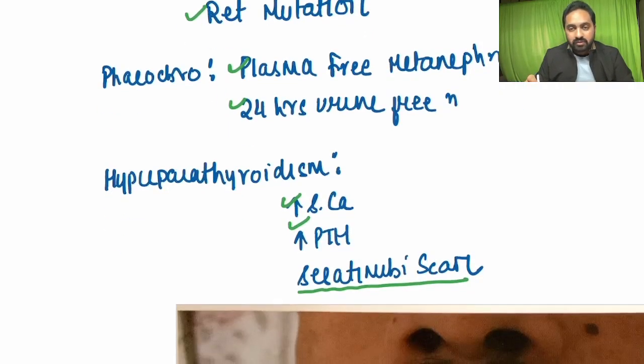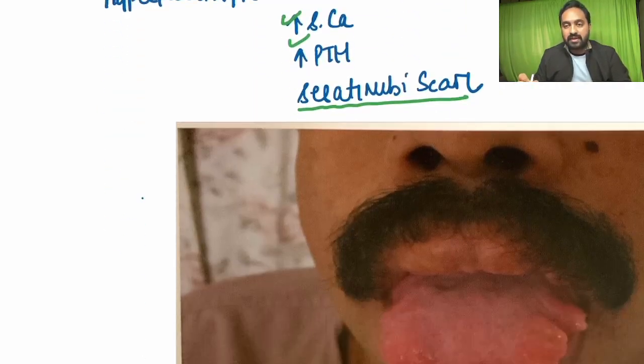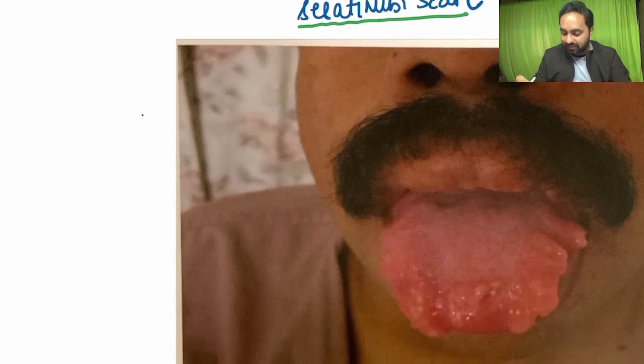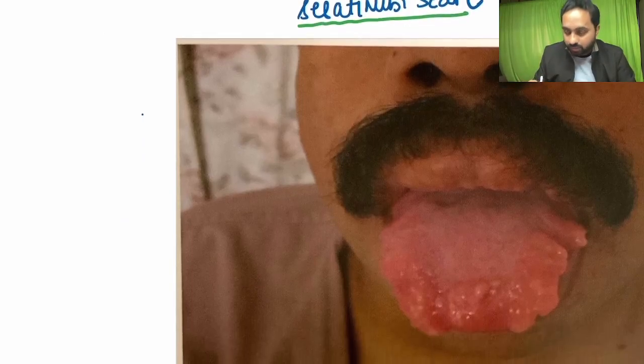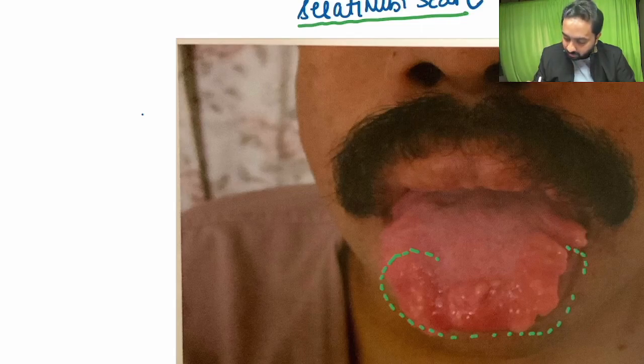Right. So this is an image taken from your textbook Bailey and Love, where you can see the ganglioneuromatosis over here, which I'm shading with green, of your oral mucosa, which is seen in which type, type 2A or type 2B? Yes, it's type 2B. So please again